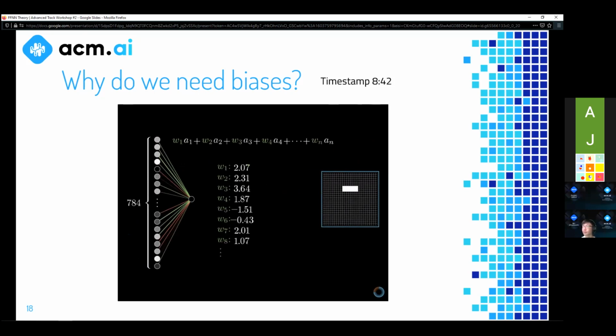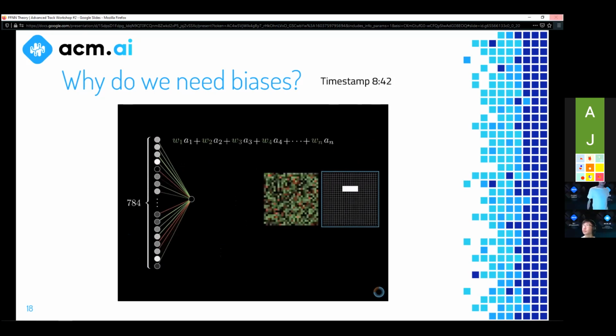I find it helpful to think of these weights as being organized into a little grid of their own, and I'm going to use green pixels to indicate positive weights and red pixels to indicate negative weights, where the brightness of that pixel is some loose depiction of the weight's value. Now, if we made the weights associated with almost all of the pixels 0, except for some positive weights in this region that we care about, then taking the weighted sum of all the pixel values really just amounts to adding up the values of the pixels just in the region that we care about. And if you really wanted to pick up on whether there's an edge here, what you might do is have some negative weights associated with the surrounding pixels.